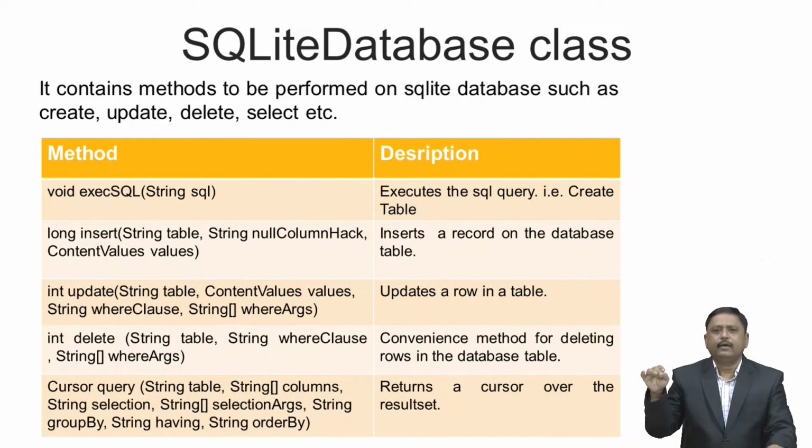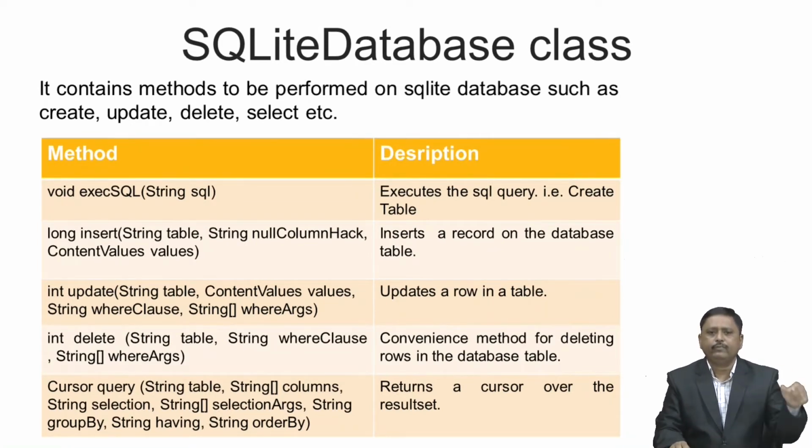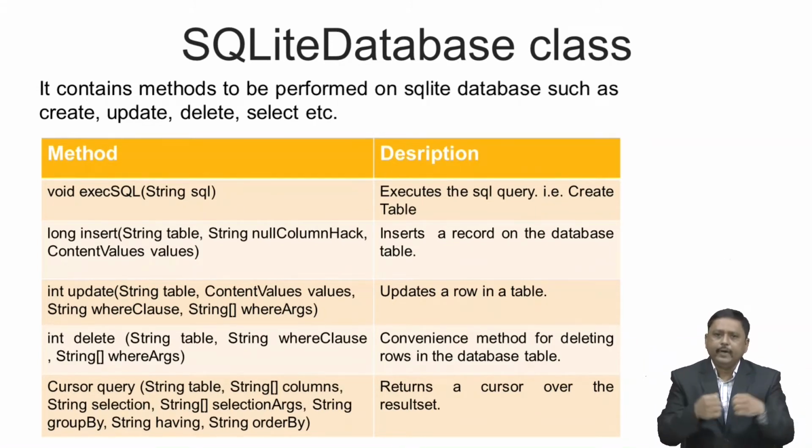Then there is any filter we want to apply, that we can apply using selection, and inside the selection argument we have to provide the value for the filter. Then there is a group by clause which can be used to group rows. For example, we can group by program in the example table, or if we want to group and filter, then we should provide a having clause, and the last argument is order by.